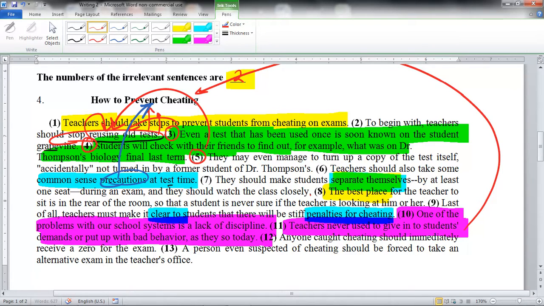So these two sentences do not belong. They almost introduce a new topic. The topic of the essay is how to prevent cheating, and now you're talking about there's no discipline, and then it's like a whole new dissertation. It's like your little rant over here, right? Our school system has a big problem, there's no discipline. In my old days, when I was a small kid, the teacher never used to give in to the demands of the students. We used to just listen. It was just kind of like whining, complaining. So those two sentences do not belong. They break the unity of the paragraph, which is about preventing cheating.